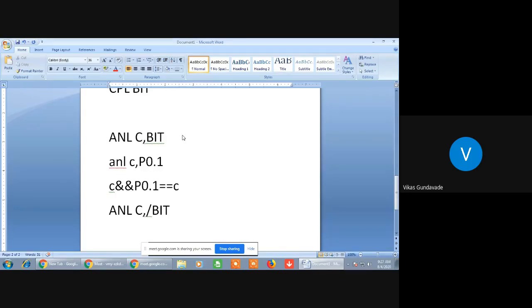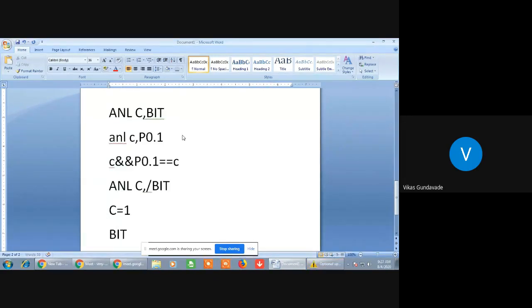So let's assume, for the sake of simplicity, the carry bit is 1 and the bit which is specified is 0.